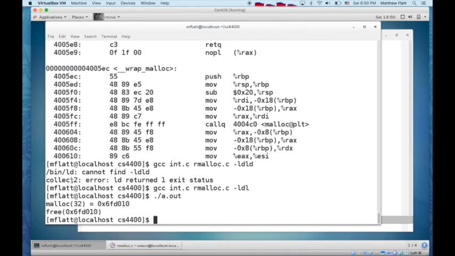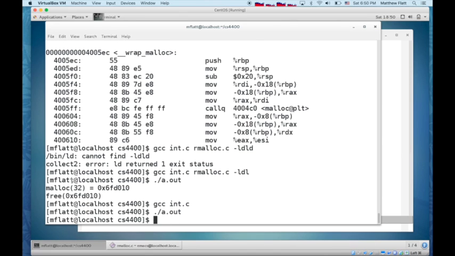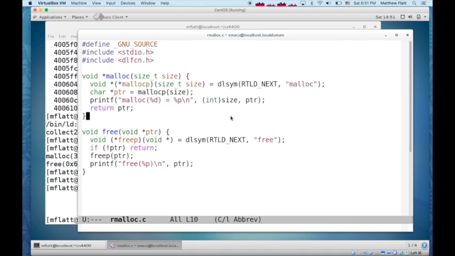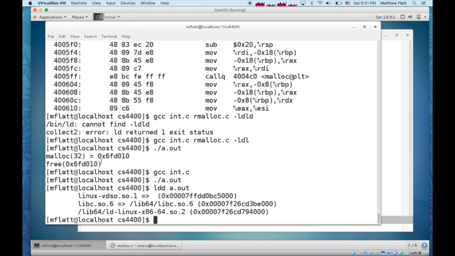It would be neat if, suppose I do gcc int.c and I've got the final executable, the one that does not print out anything, and if we disassemble it, it refers to malloc and free. But remember that a.out is referring to malloc and free through the dynamic library libc.so. And I could take my implementation of rmalloc and compile that to a shared library that also provides malloc and free. I just need to compile with -shared and -fPIC